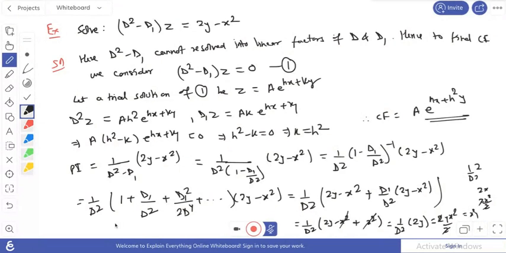So the particular integral in this equation is x square y, and the CF part is this thing. You can write this or you can write a summation of this. Both are same. So then the solution is this plus this, where a and h are arbitrary